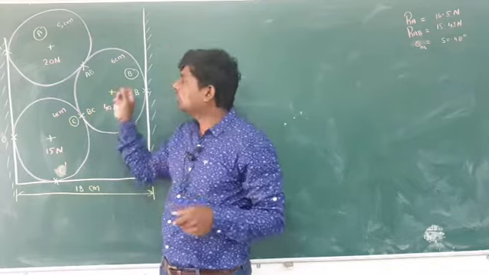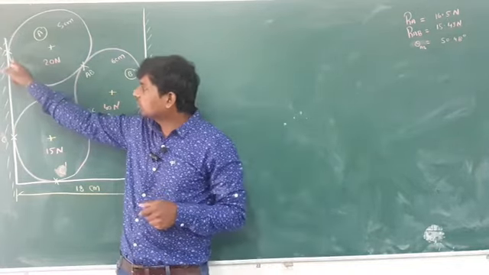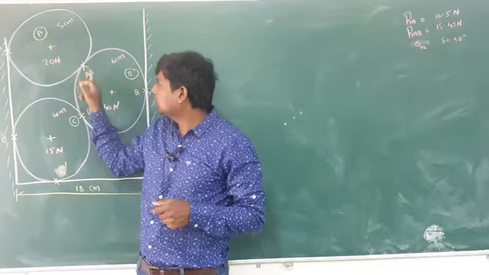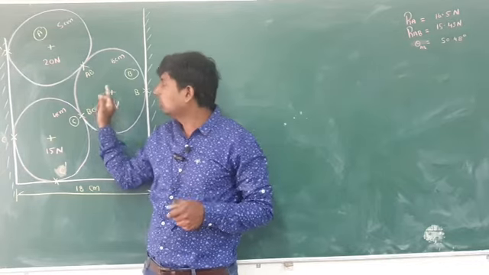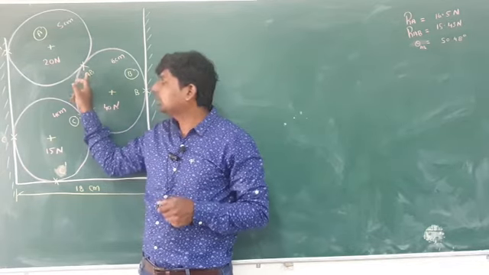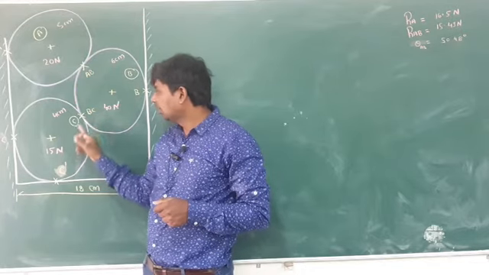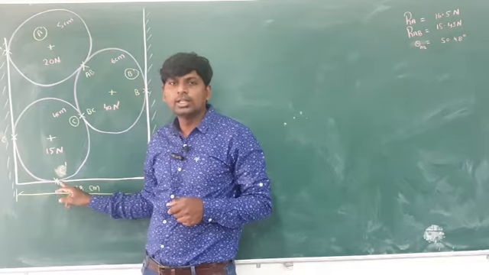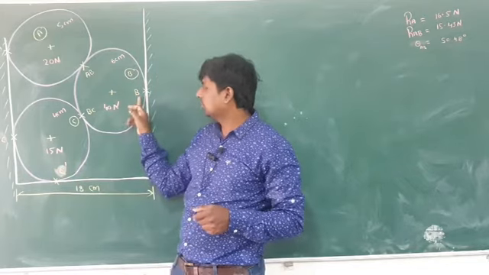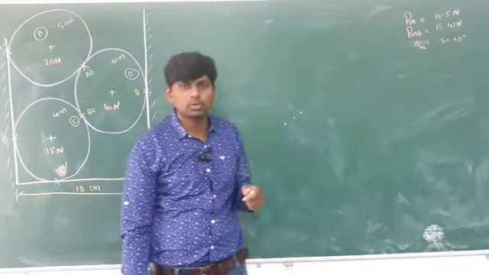So, wherever the touching point is there, you have to consider it as A. This one you consider as AB. Why are you considering this one as AB? Because it is lying between A and B. So this one you consider as AB, this one as BC, this one as C, and this one as C dash. You have to remember this, and this one you have to consider as B. Like this you have to consider.